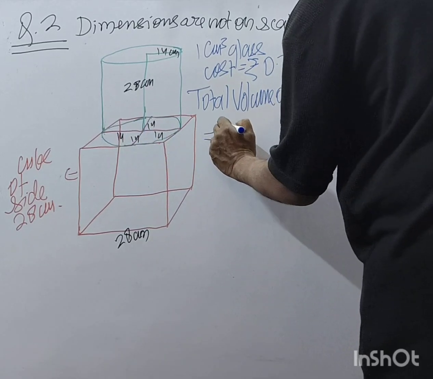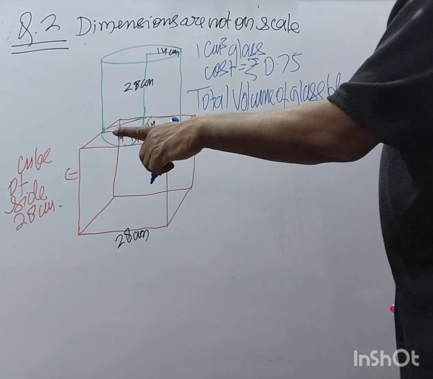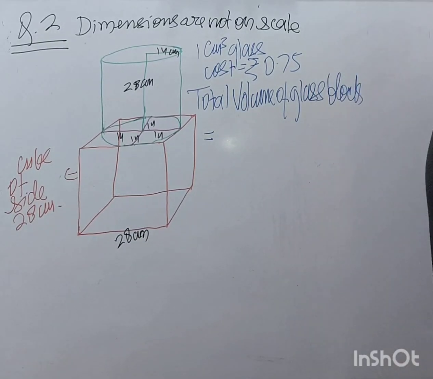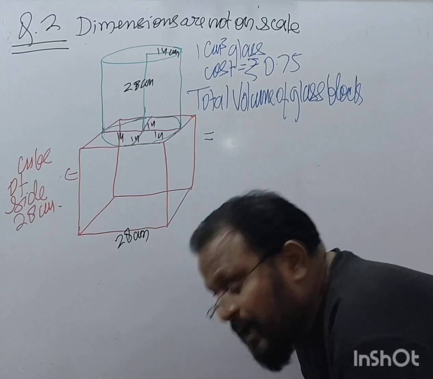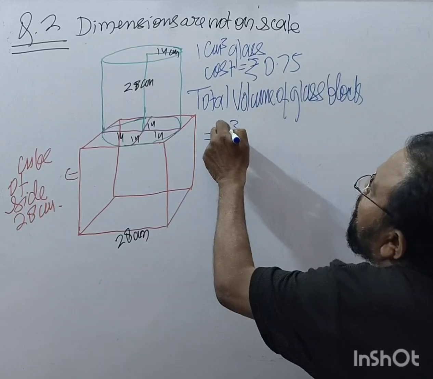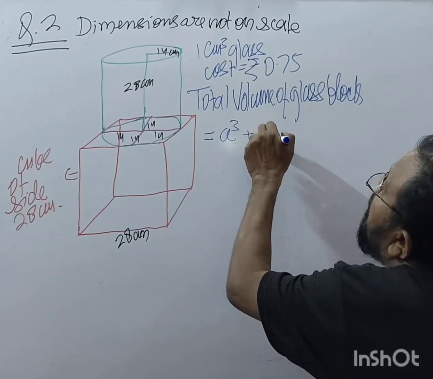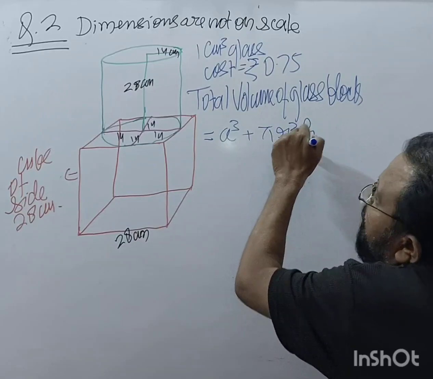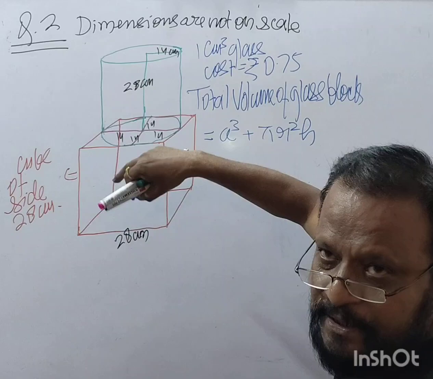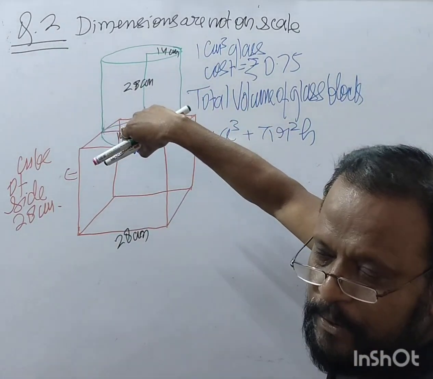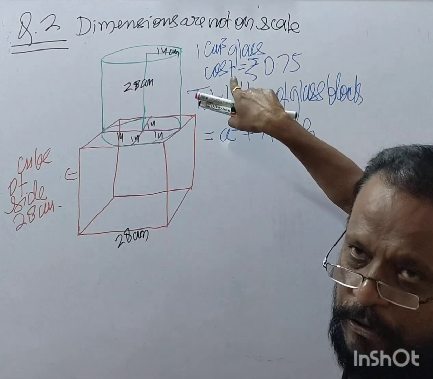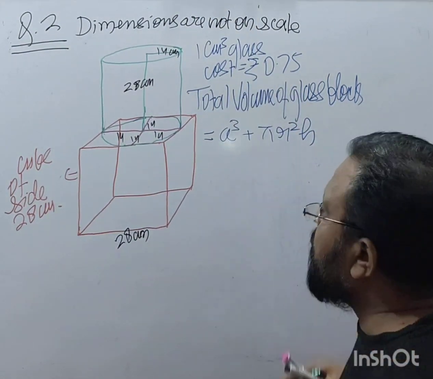this is a cube, right? Yes, the volume is a cube plus pi r square h. We are not going to find the surface area. For surface area we would have to subtract: we use 5 sides and one side a square minus pi r square, and then 2 pi r h. But here it is asking volume. So a cube plus pi r square h.